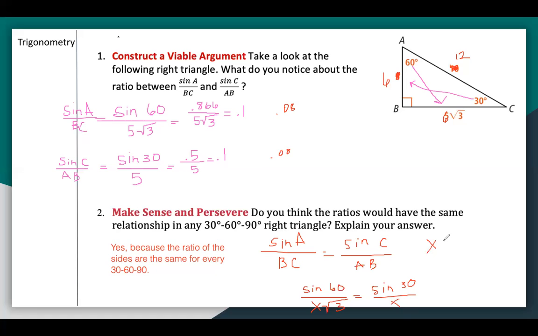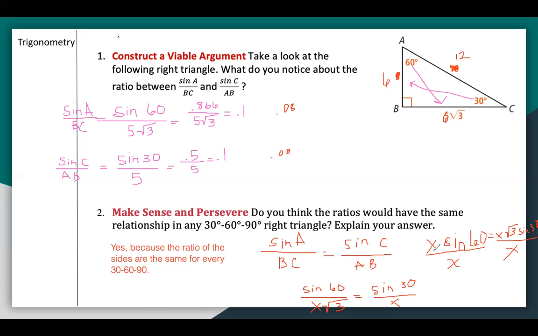Well, in all cases, this is going to be x times the sine of 60 if I do my cross multiplying, and this should be equal to x square roots of 3 times the sine of 30. Sorry, I'm kind of getting to the edge of the screen here. But if you think about this, kind of giving you one reason as to why 2 is correct, no matter what x is, I could divide by x on both sides and they will go away. So I could, in theory, put any value in for x,